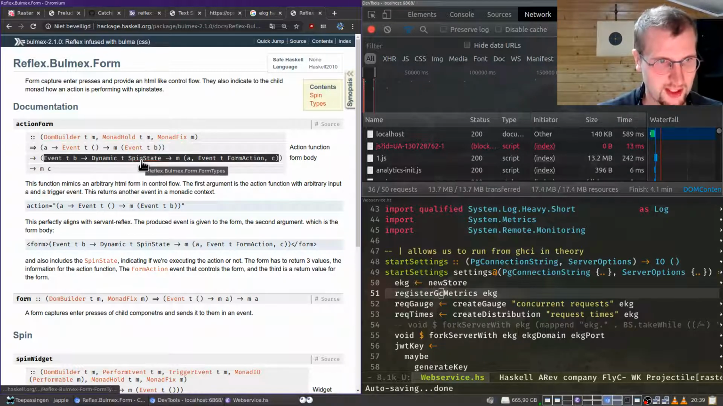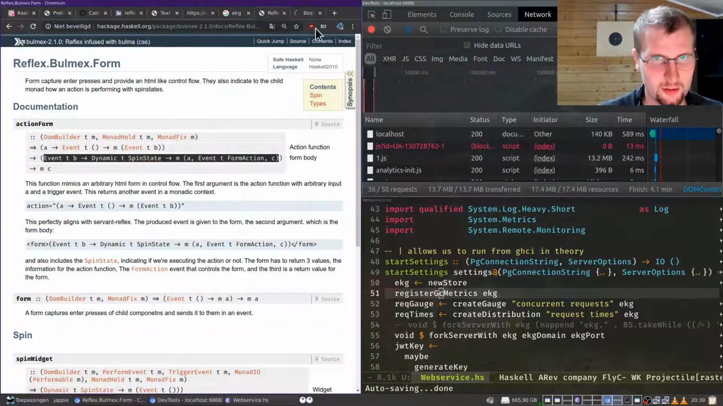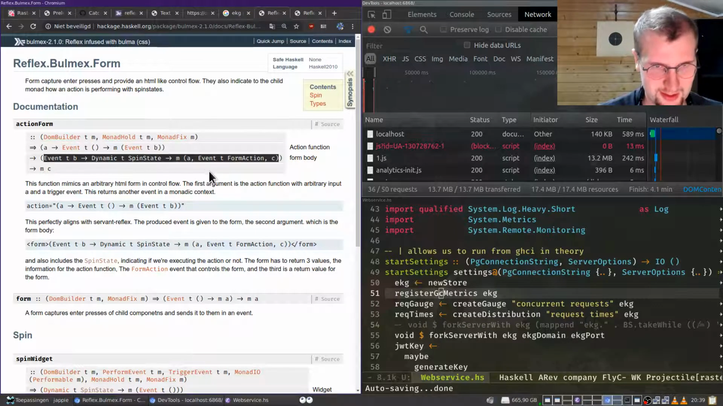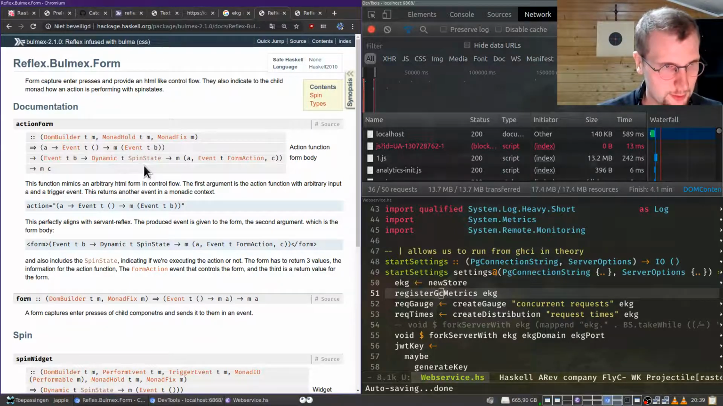It should probably be called action state or something. It's to indicate if the form is being loaded or whatever. Spin, rest, spinning. I used it for spin buttons. That's why I call it spin, I guess. I was lazy. The A will become the argument to here, which will be a dynamic in the current way